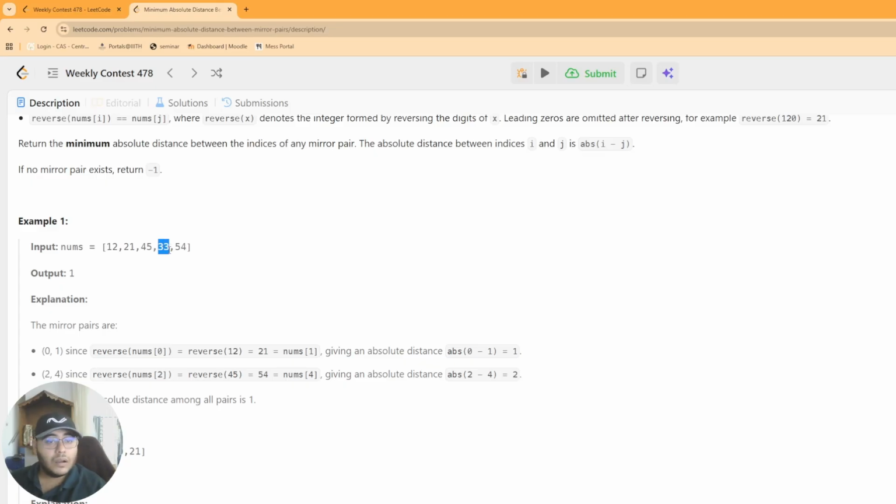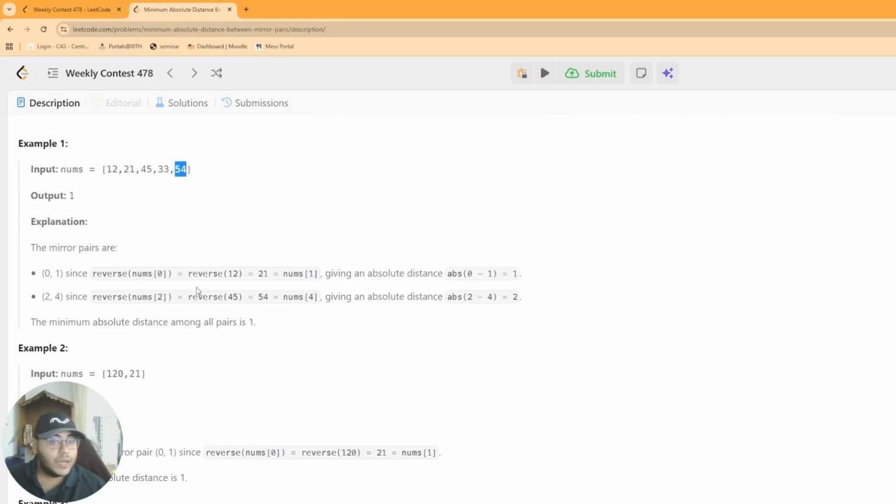Then we go to 33. 33 का reverse 33 होता है, but now the problem is कि हम same index पे नहीं दे सकते ना. i has to be less than j. It can not be equal to j. अगर equal to j होता तो 0 एक possible answer होता, but here we know that i has to be less than j. Therefore, reverse of 33, although it is present in the array, but because of non-equality condition कि i और j different indexes होनी चाहिए, 33 would not contribute to the answer. Then we again get 54. 54 आखिरी element है, उसके right पे वैसे भी कोई element exist नहीं करता है, so we can omit that. So after getting all the mirror pairs, we can see the minimum difference possible was 1, which we got from